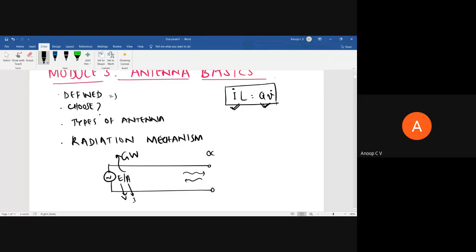Maybe it's because of the inertia of the wave, we can say. That's not a technically correct statement, but I can say it's because of the inertia of the wave. Because of that finite time taken for the wave to reflect back, in between, what will happen? Some of the power will be leaked out. There will be leakage. This leakage is what is called radiation.